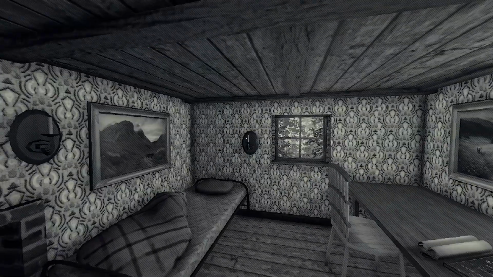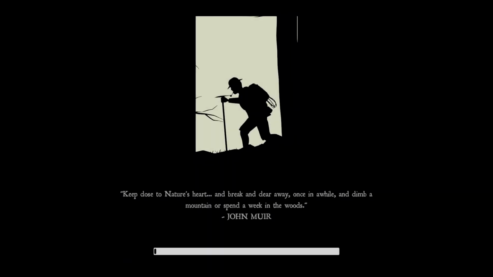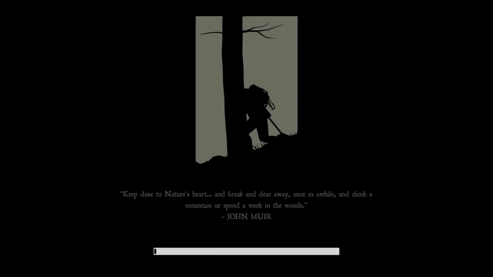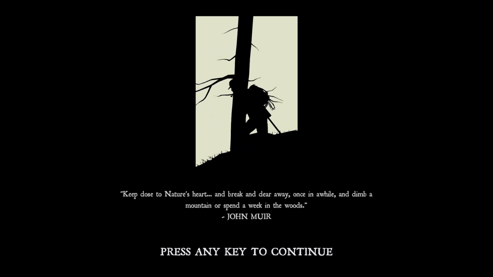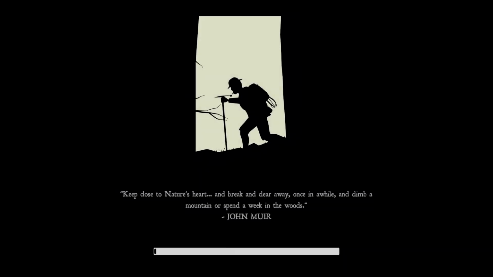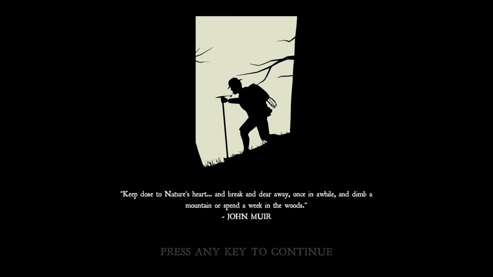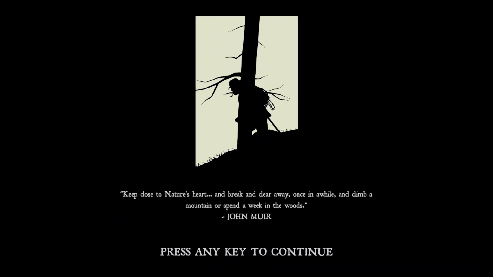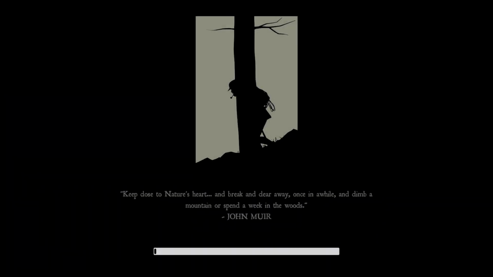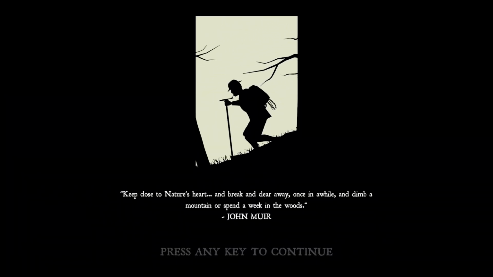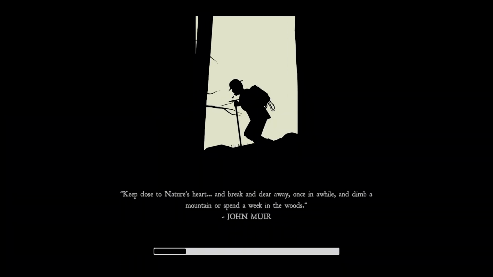And one thing that I also want to mention quickly is that in the loading screens, it has the option of pressing a key to continue instead of just loading you into the game, which I didn't realize at first, and I sat there for like 2 minutes with my recording software open, just wondering why it's not loading, and then I realized it said press any key to continue, and I'm like, what? So I'm glad that he removed that, because I would have never known.